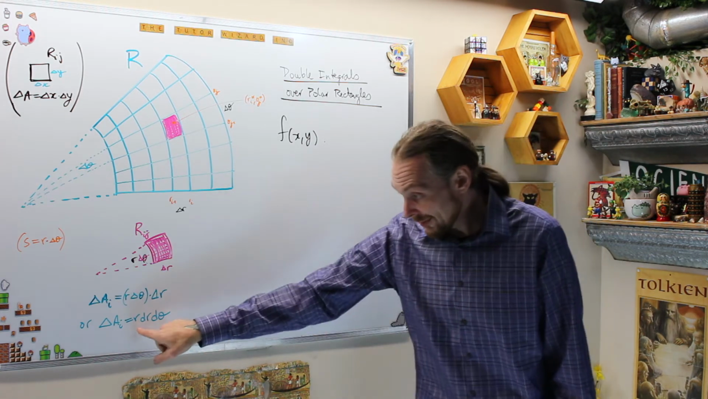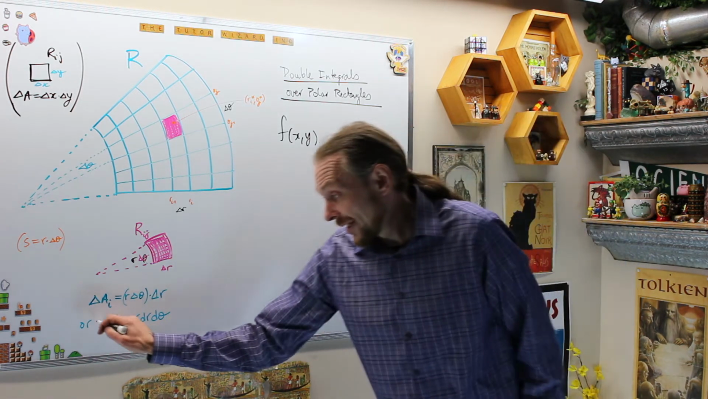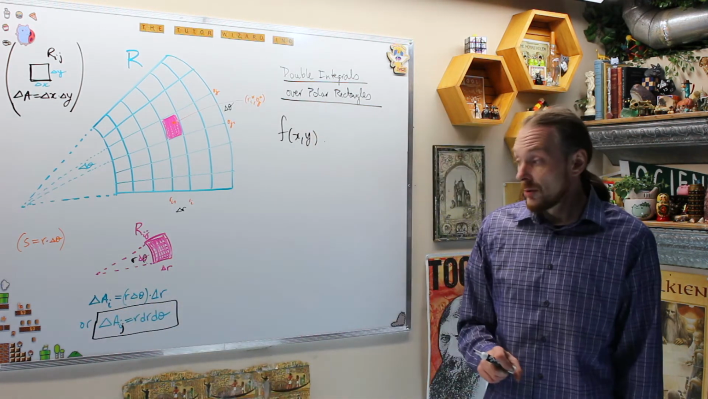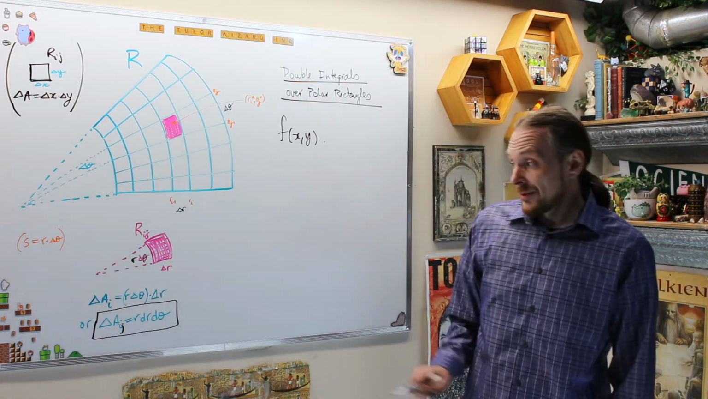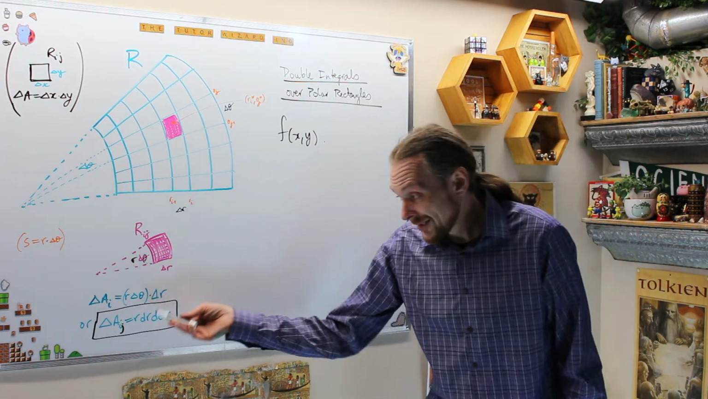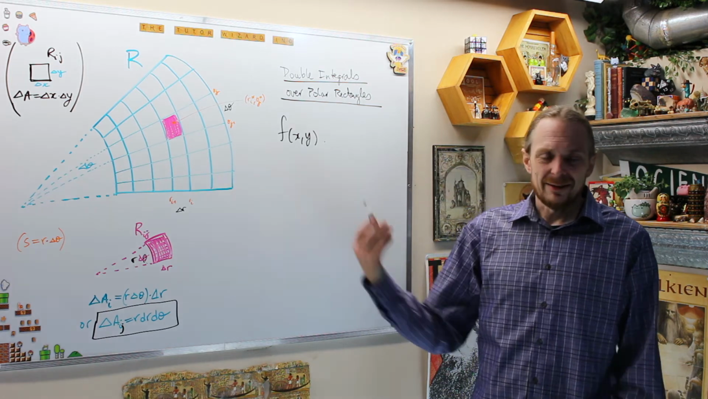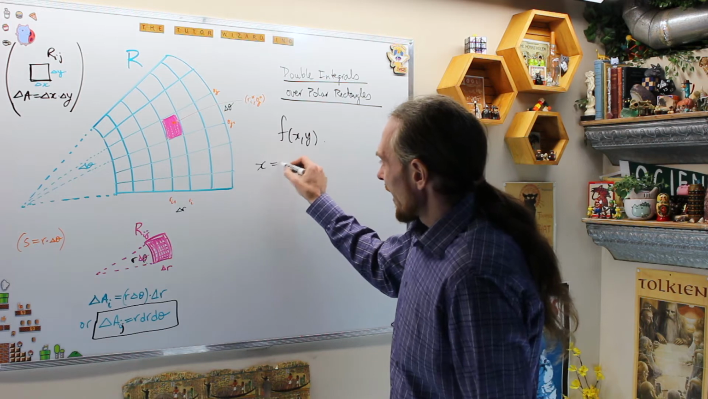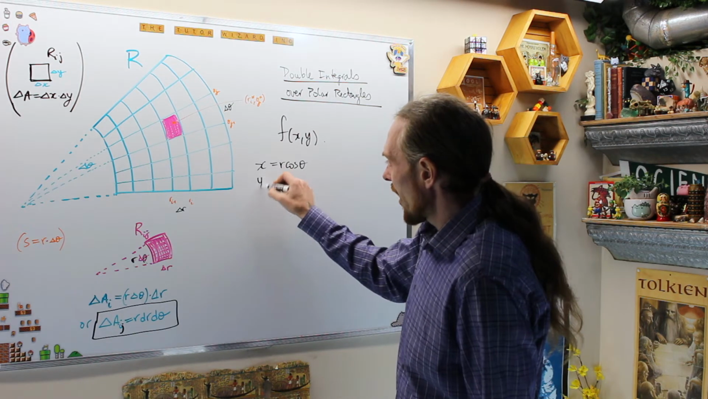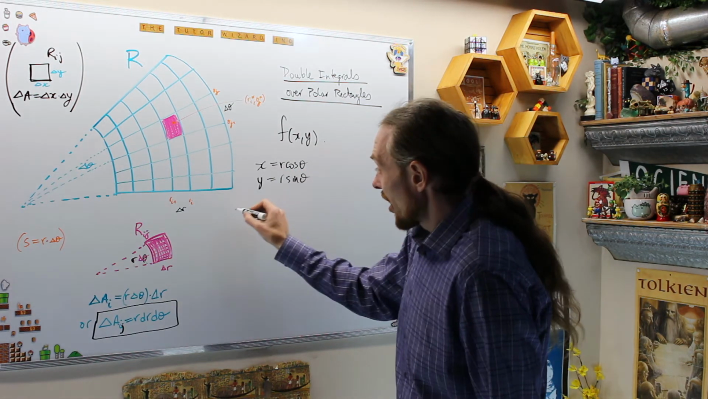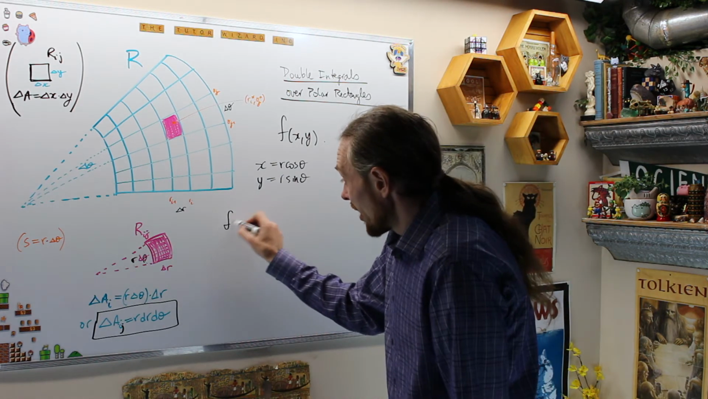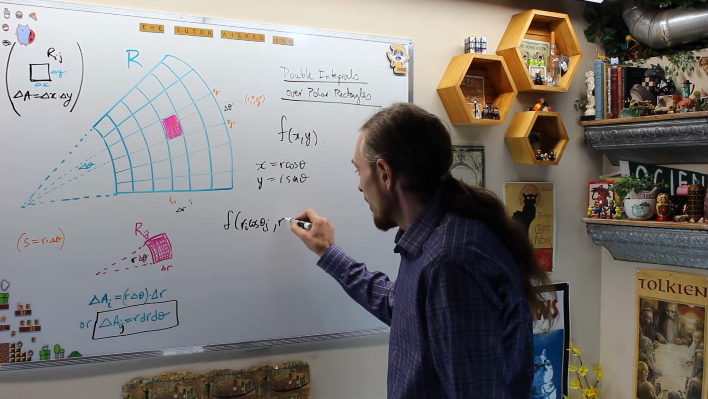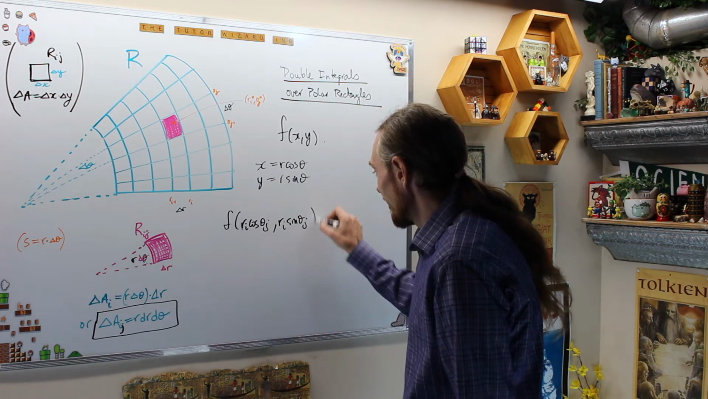r d theta is coming from right here. So the area in each one of those, area A_ij, is going to be equal to one of these sub-rectangles, but it's a polar rectangle, so we get r dr d theta, or delta theta, same thing. What does that do for us? Now we also remember that x is r cos theta and y is r sin theta. So our function at those points is going to become f of r_i cos theta_j, r_i sin theta_j,